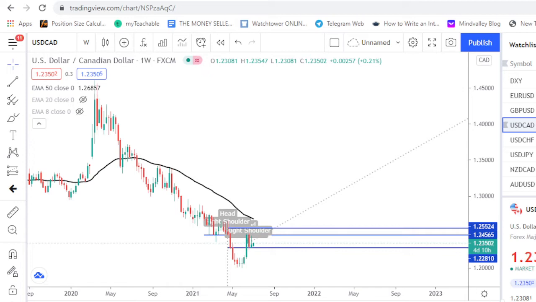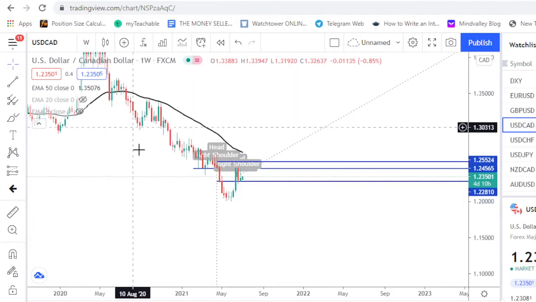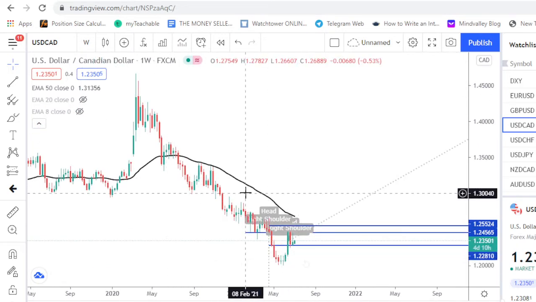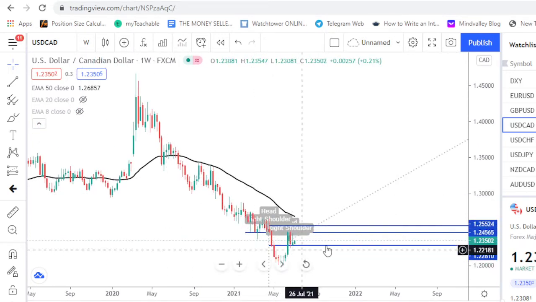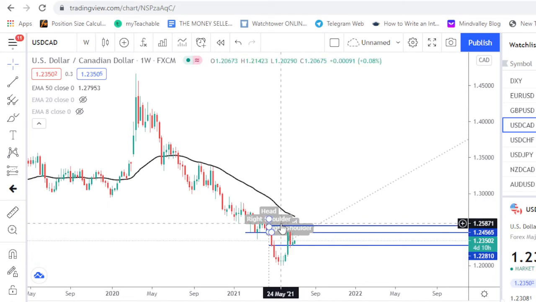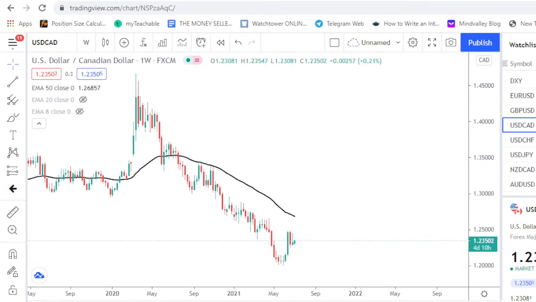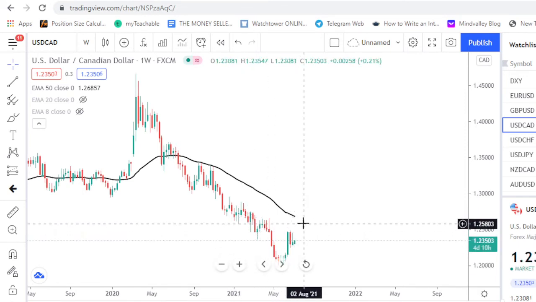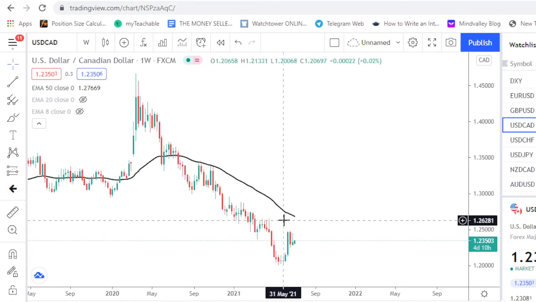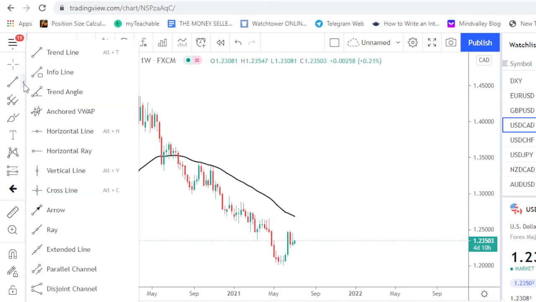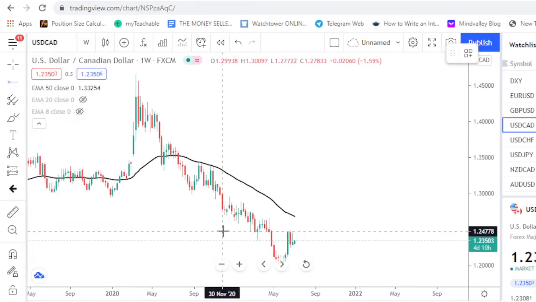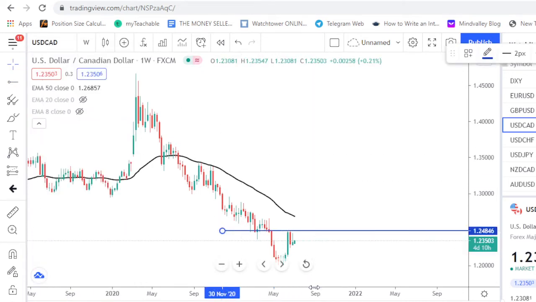USD Canadian dollar. Let's see that. USD Canadian dollar has been downtrending, obviously, but it also looks like we're about to see a change in direction. So it looks like we may see a change in direction. So if this begins to push up, closes higher than the resistance somewhere around there, if it closes higher than all of this area,